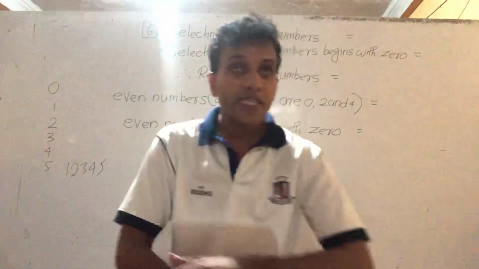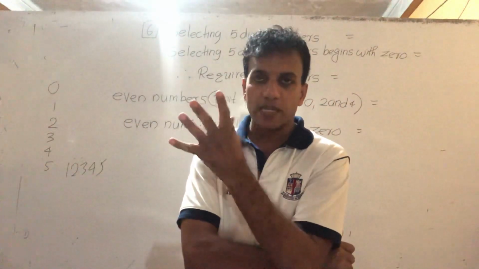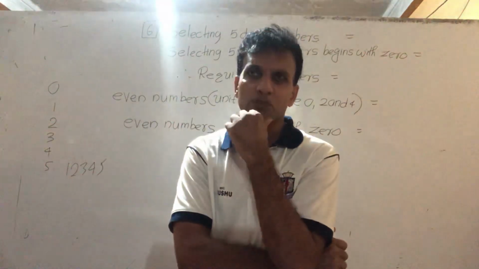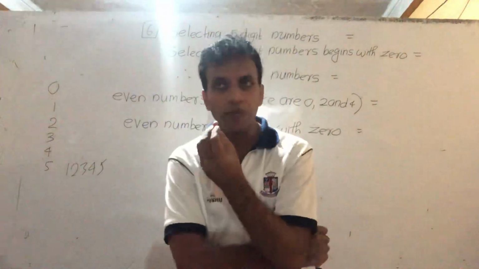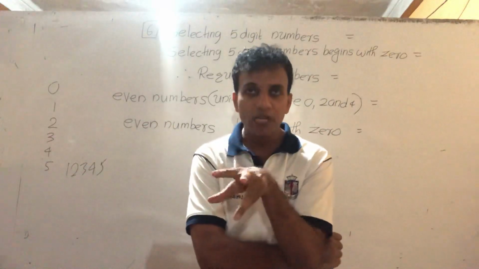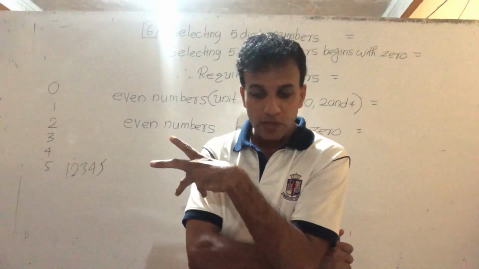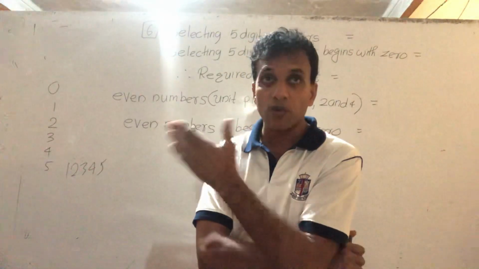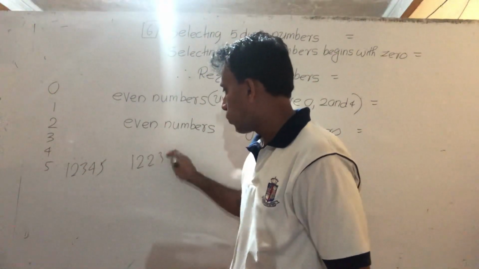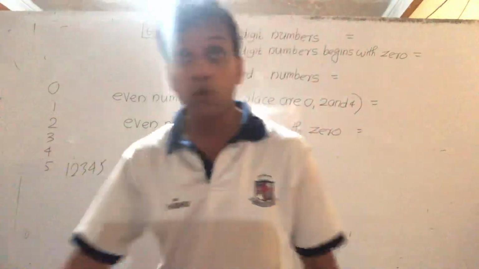Okay. The very first thing students wonder is which syllabus or lesson this is. Is it permutation or combination? That's the problem. Some students don't understand what permutation or combination means, or the major difference between them. Here they say no repeats. If repeats are not allowed, you can't use a digit once again. For example, 1, 2, 2, 3, 4, this number 12,234 is not valid. You can't use it once again, right?